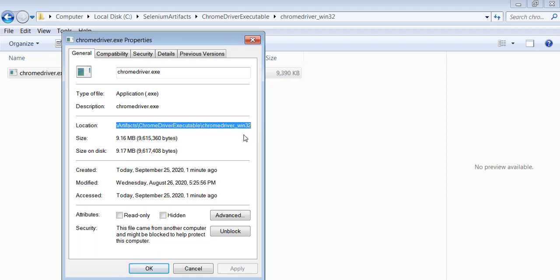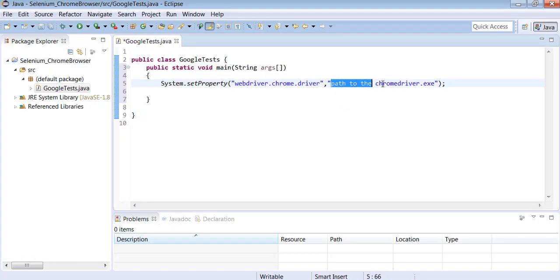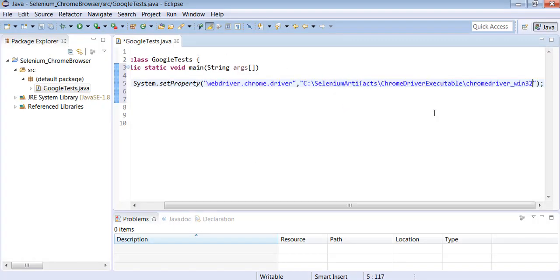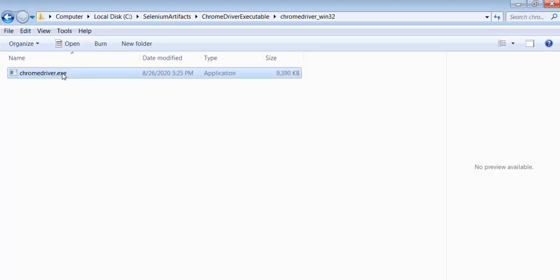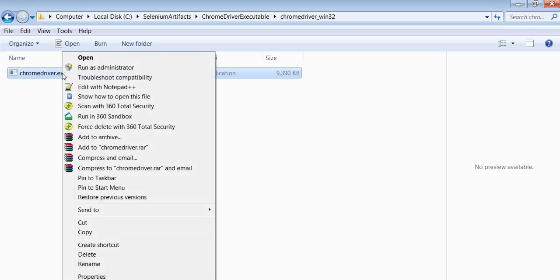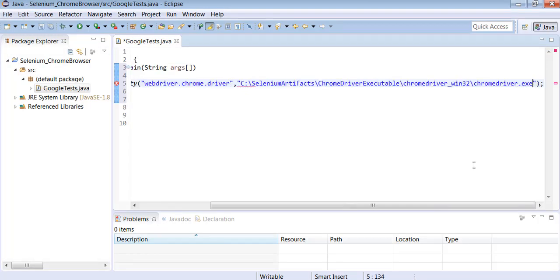go to Eclipse, provide the location here. And also we have to give slash and the file name. What is the file name? Navigate to here, just right click on the file, select rename. When you say rename, you can copy the file name with Ctrl C, go back to Eclipse, and provide the path. So this is the path of